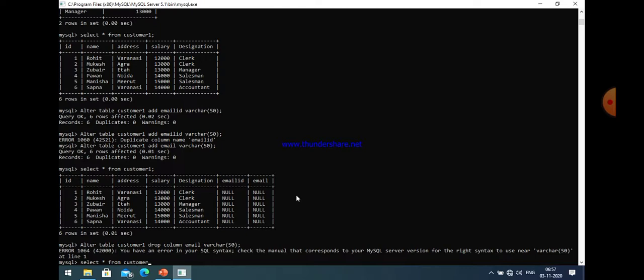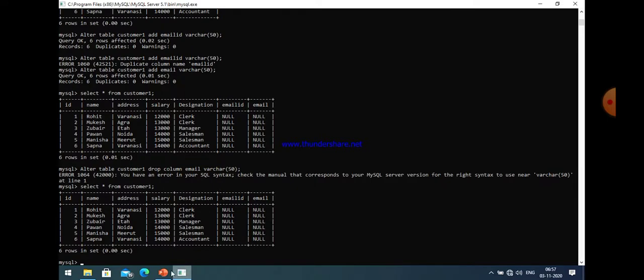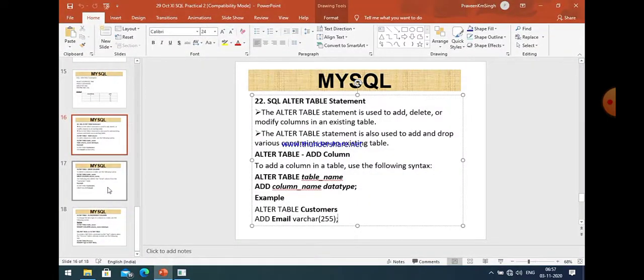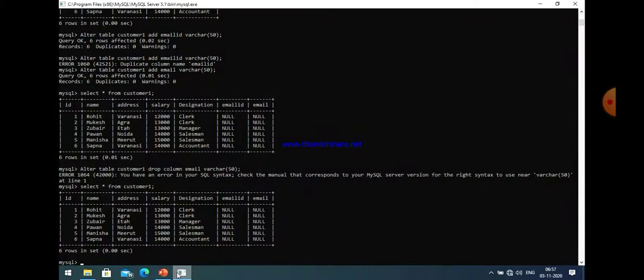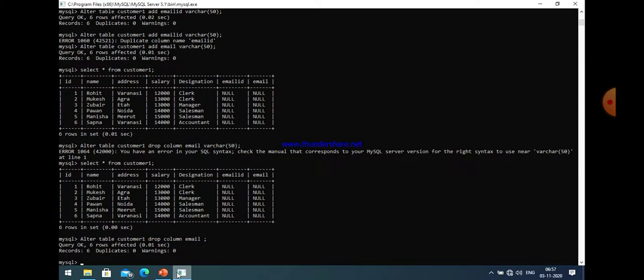let us see the table first. And if you want to drop a particular column, then you can easily see that alter table customer drop column. With drop column you need not mention the data type, just write the name of the column only.